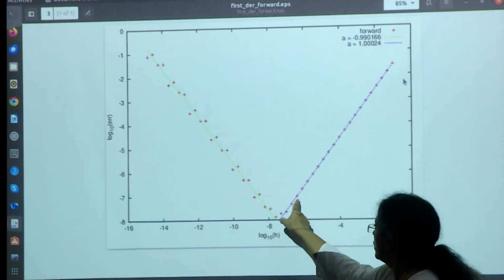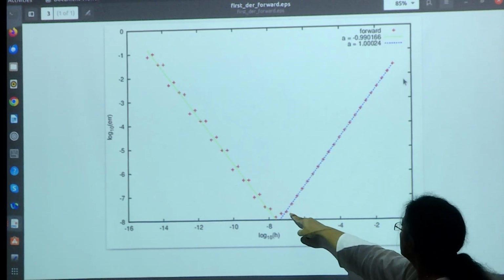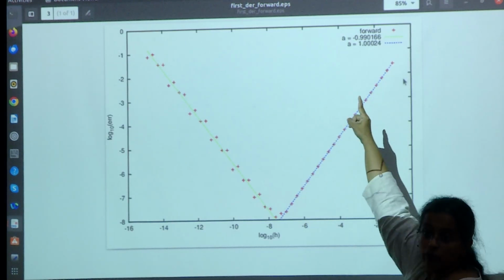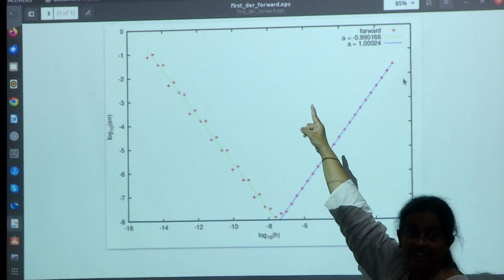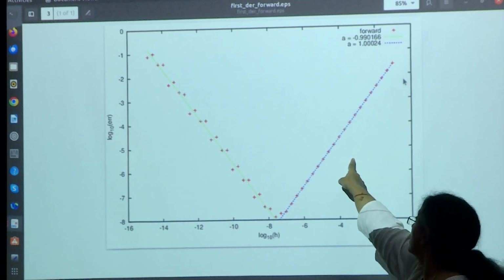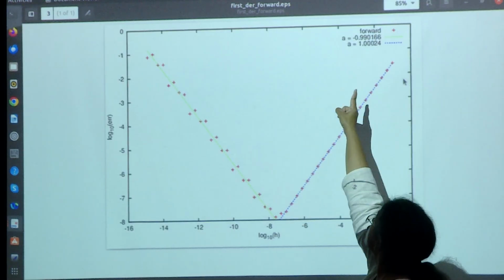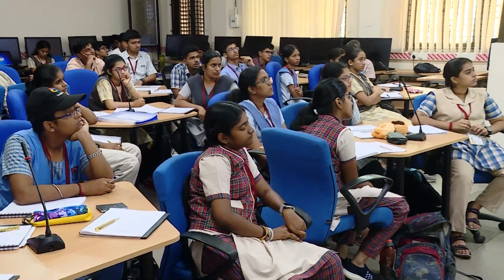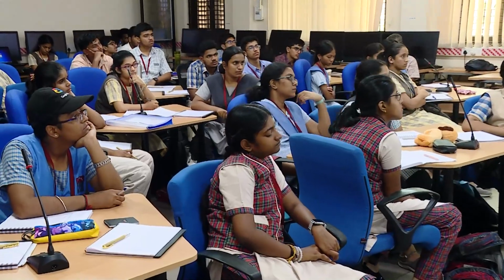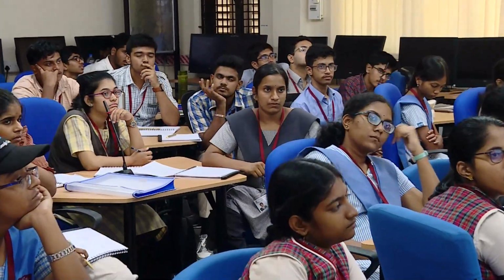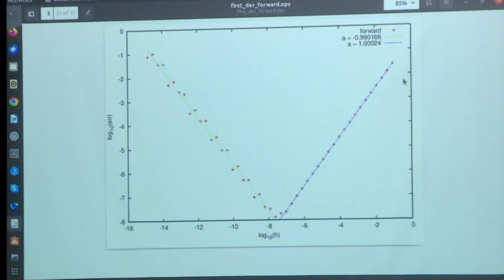these lines we get by fit. And as you see here, this is a straight line. The blue is a straight line with a slope plus 1. That is your error h. That's the algorithm's improvement. Okay? That's error due to the algorithm. The green one has a slope of minus 1. That is the error due to the round off. Okay? So therefore you see, you always have to contend with both the algorithm improving, as well as some point where you will have this round off kick in.